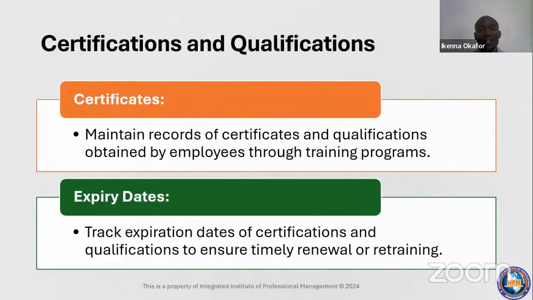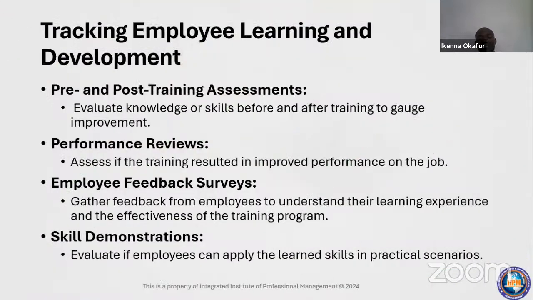Okay. Certification and qualifications. Maintain records of certification and qualifications obtained by employees through the training program. So if your employee has gone out to get an MBA, ICAN, NBA, customer service, supply chain, and so on, please document it after the training this person participated in. Expiring date: track expiring dates of certificates and qualifications to ensure timely renewal and retraining, so I can be updated